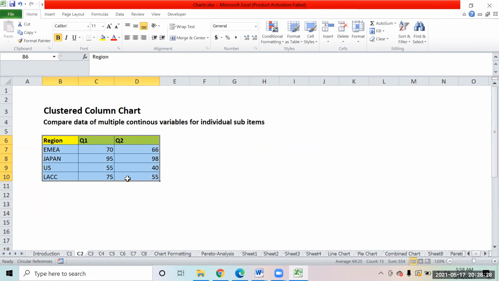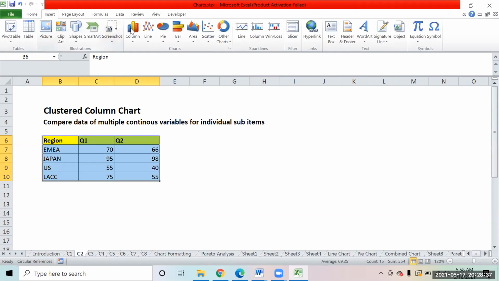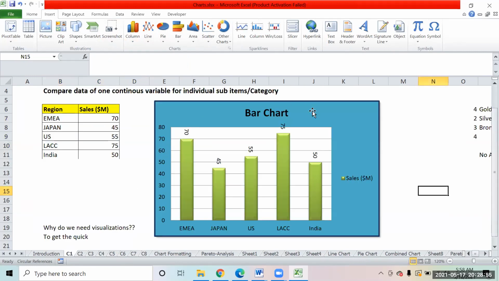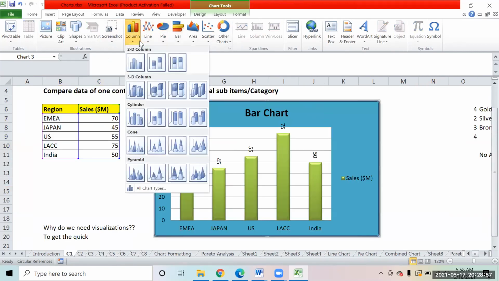Now this is something interesting to understand, and there is a lot of stuff that we will see. If you come over here to Insert, let me insert a column chart. You can notice over here, when it comes to the bar chart, you can see three types of charts. Previously, when I was creating a chart, we had the same three options. The options are not going to change.